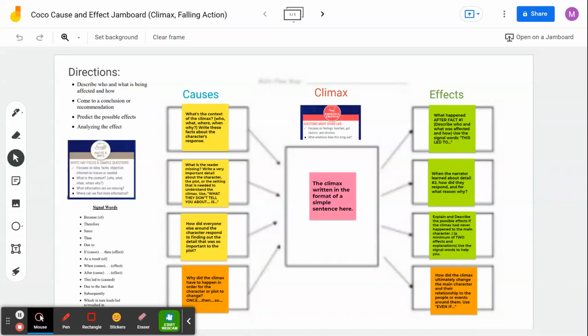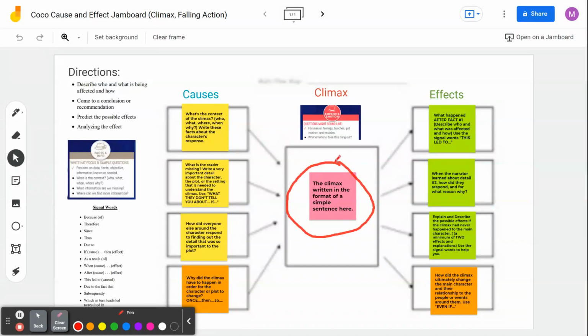This is the process to identify the climax and causes and effects that were changed in the movie Coco as a result of the climax. So the first thing you're going to do is watch the video clip of the climax of Coco. From there, you're going to start by identifying the climax in this sticky note right here in the form